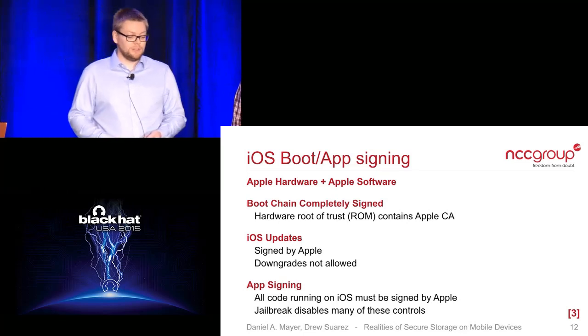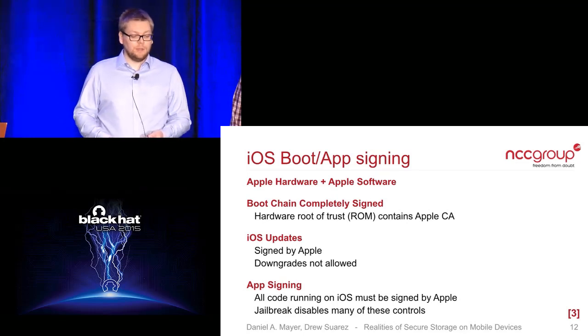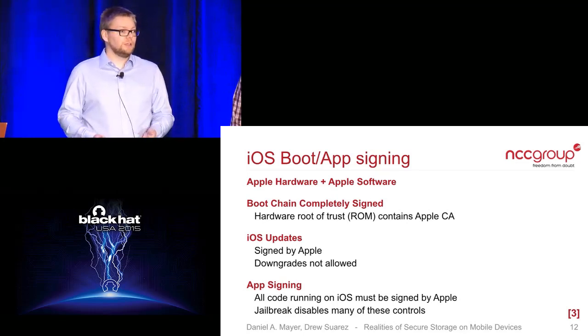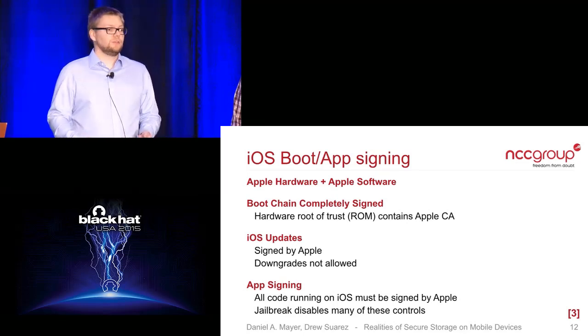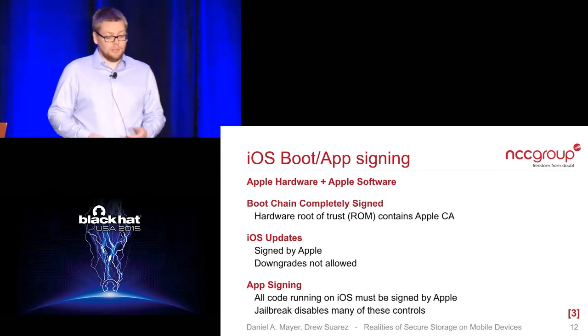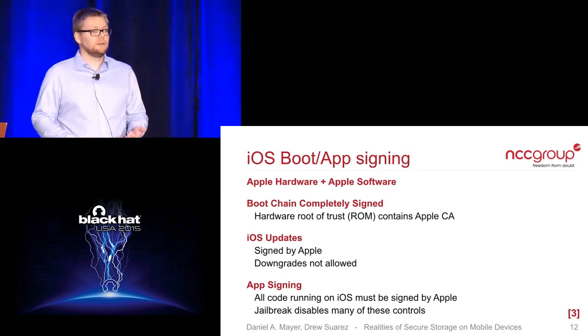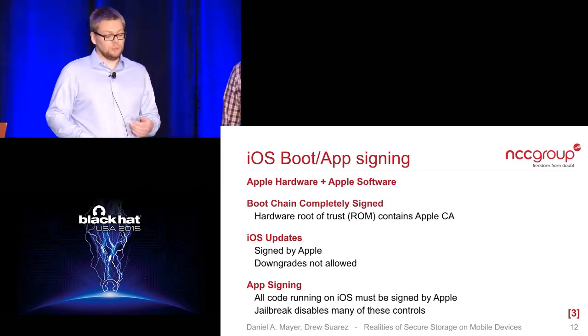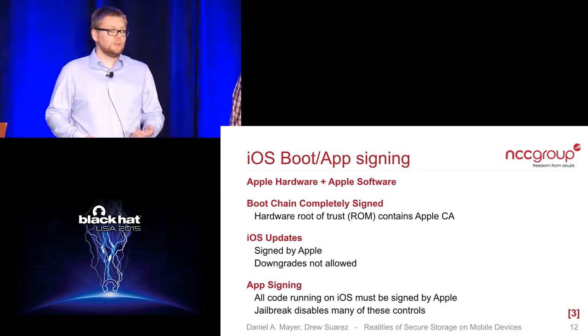So the first distinct advantage it has over Android, as well as, to some extent, Microsoft, is that they produce the hardware and the software. So they can build hardware features and have good software support for them, and they can build hardware support for certain software features. And that allows them to start security on the device really from the boot. So we have a ROM which has a CA in there, and we can verify that the bootloader, the kernel, and everything following there is actually signed by that CA,